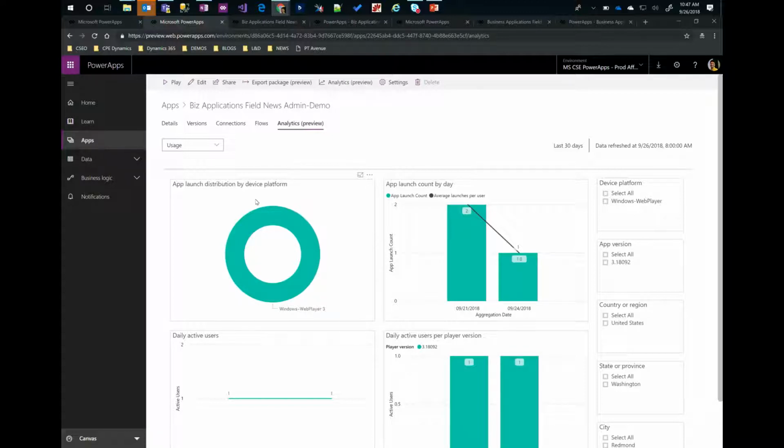We'll get into the editor mode quickly, but since I'm on this tab, what I wanted to highlight is the built-in analytics and telemetry. For every Power Apps app which I publish in production, there are a few telemetry and analytics use cases which are enabled out of the box. In this, you can see the usage of the application: who my users are, how many users are using it, and their activities on the application. So you don't have to worry about publishing or enabling the telemetry. This comes out of the box with Power Apps.